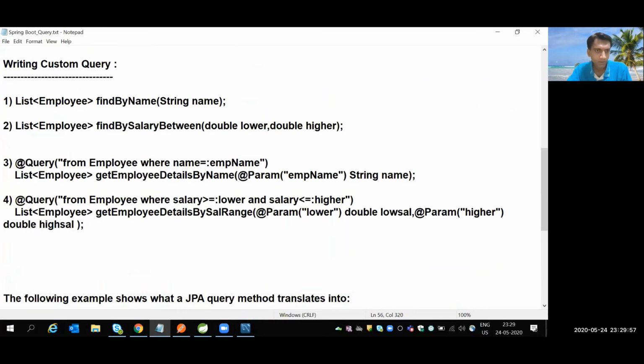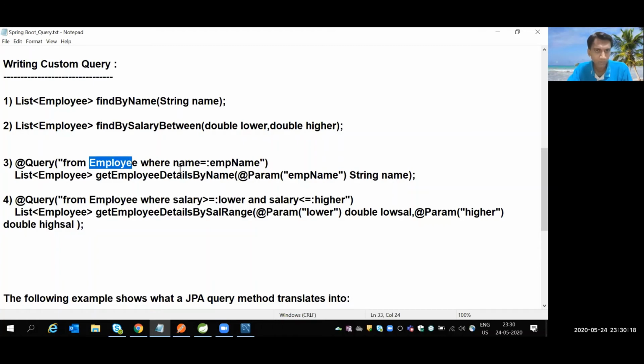So what I'm writing, the syntax is @Query, then from. Now this is not a table name, right? This is whatever the class name and field names are, so you have to work on that. It's a class name, and class name and table name may differ.